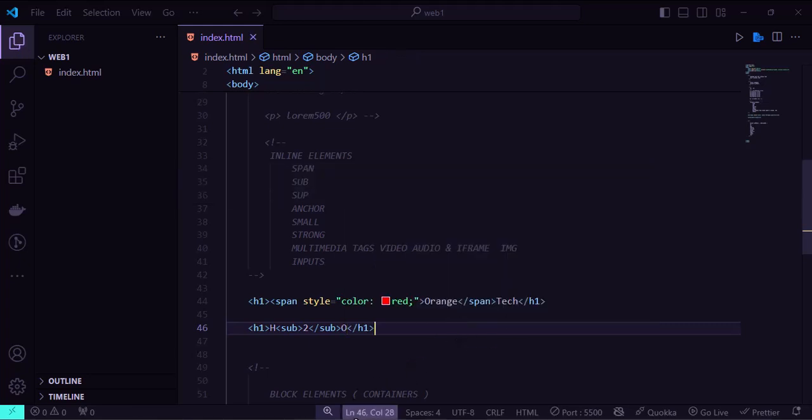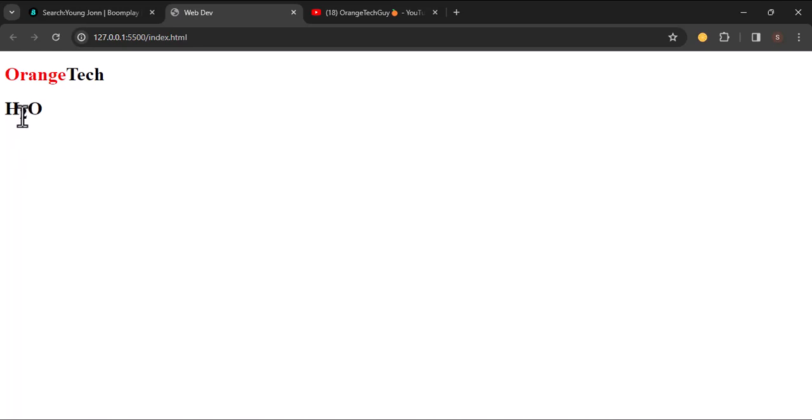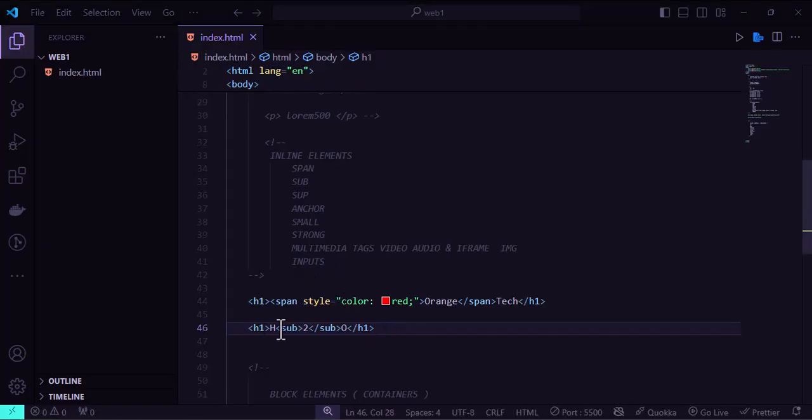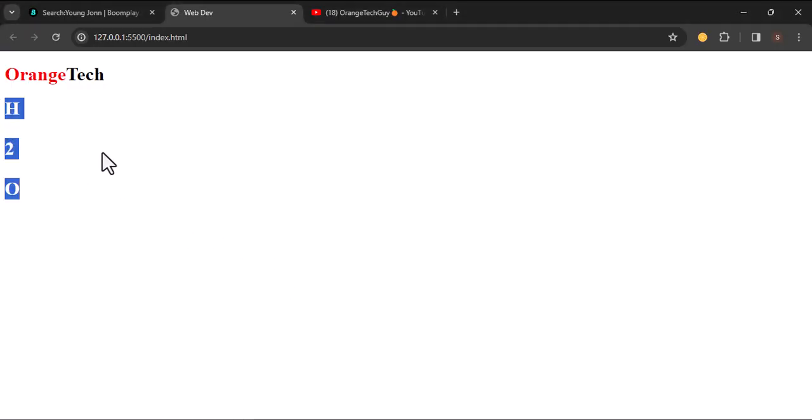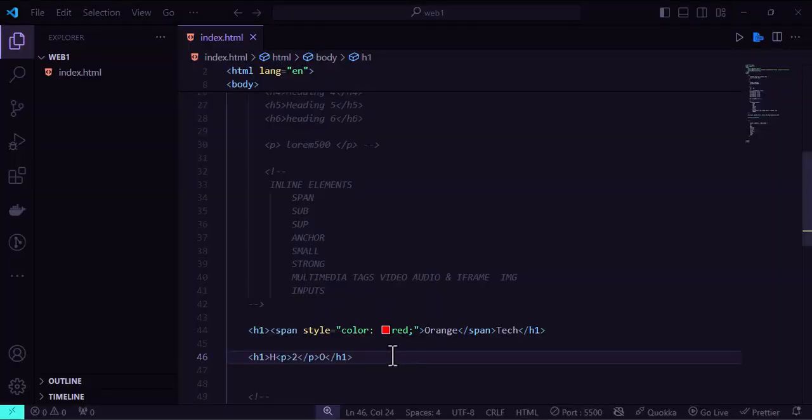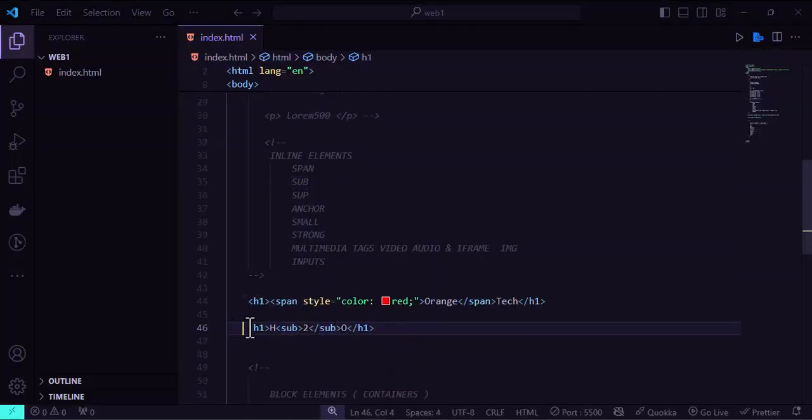So if I save now, you can see H2O. So you can use this as that. If you use any other tag aside from this, or any block element tag, to perform this operation, it's going to break to the next line. Probably you use the P tag. If you use P here, it's going to break to the next line. You can see everything is now broken into different parts. This is not what you want. You definitely want everything on the same line. So that is the work